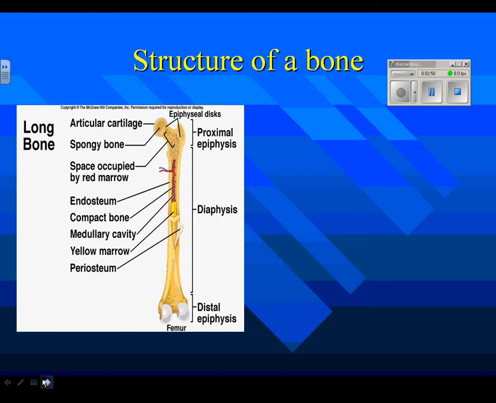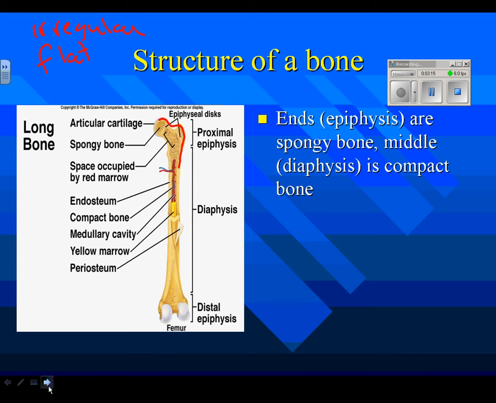Bones, there are varied kinds of bones. The one we're going to talk about is a long bone. There are also irregular bones, flat bones. Flat bones would be like in the pelvis. The sternum is a flat bone. Irregular bones like your vertebrae. If we talk about long bones,